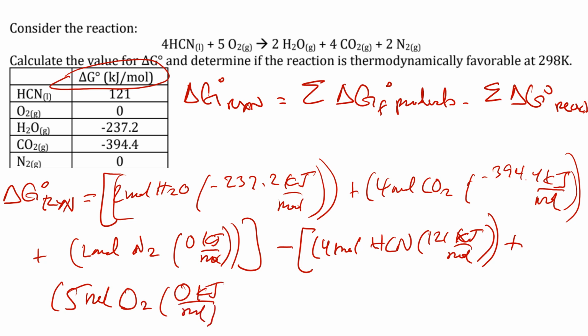Multiply that by the delta G for O2, which is 0. So parentheses, brackets, this will equal negative